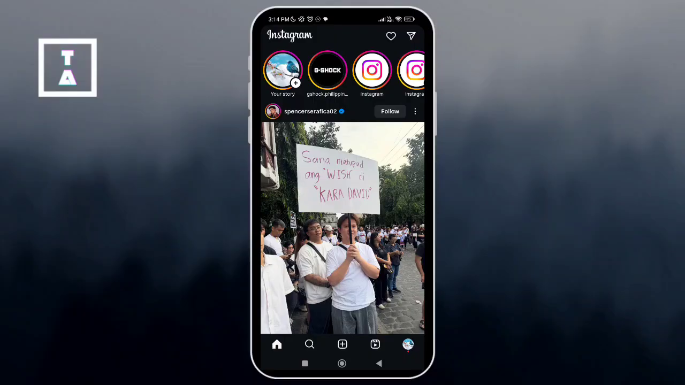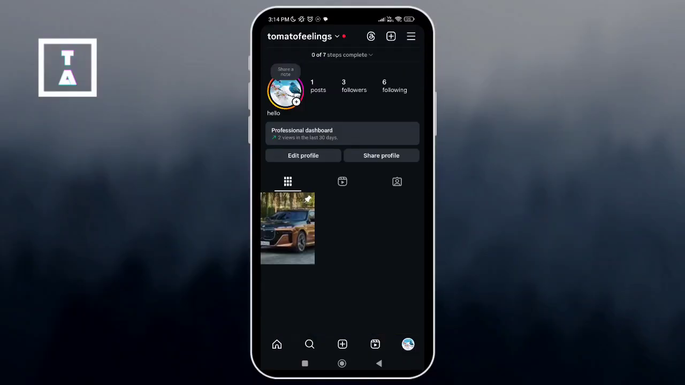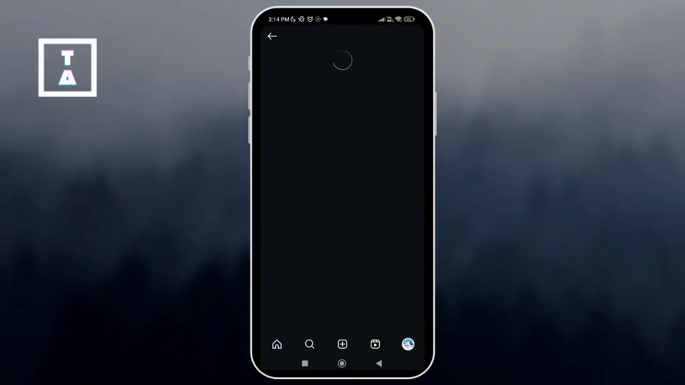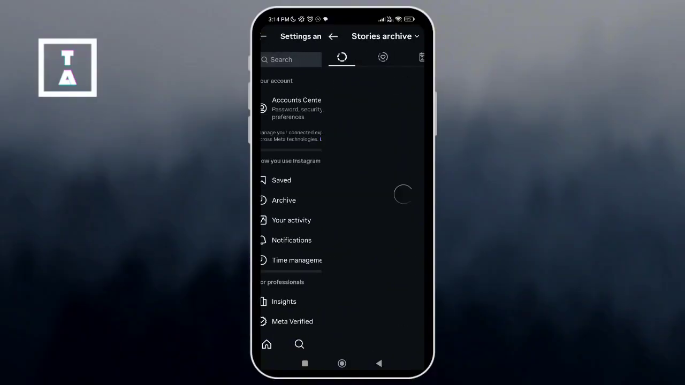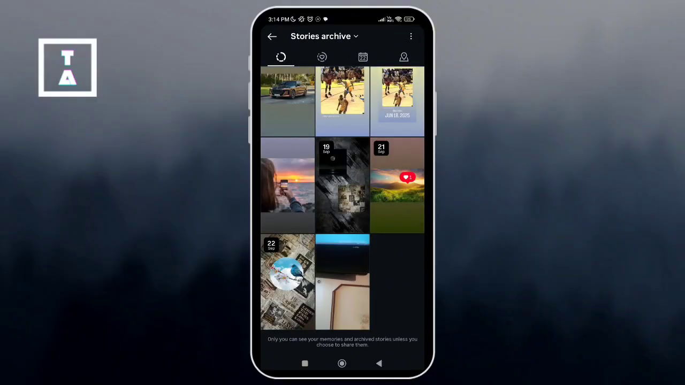Let's get started. First, open the Instagram app on your phone, then tap your profile icon in the bottom right. Then tap the three lines in the top right, then select Archive. Then at the very top, make sure it says Stories Archive, and here you'll see all the past stories saved